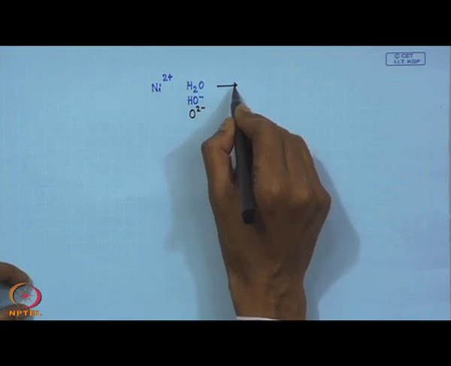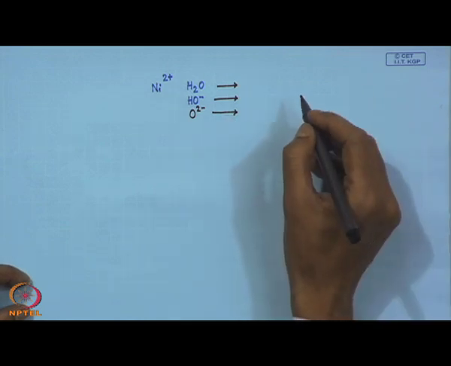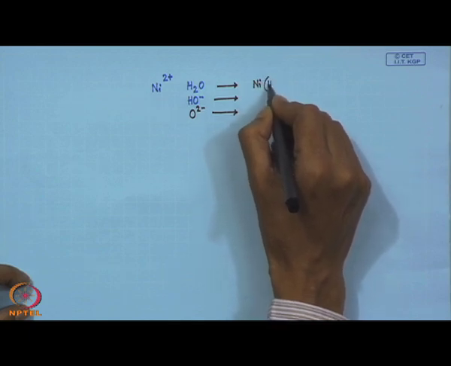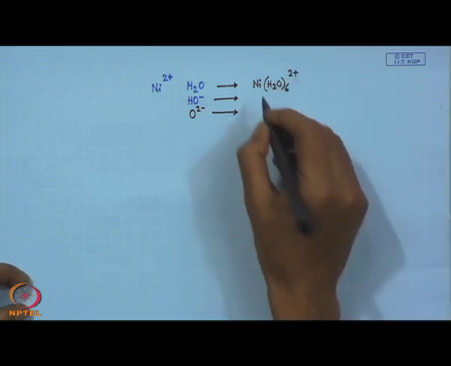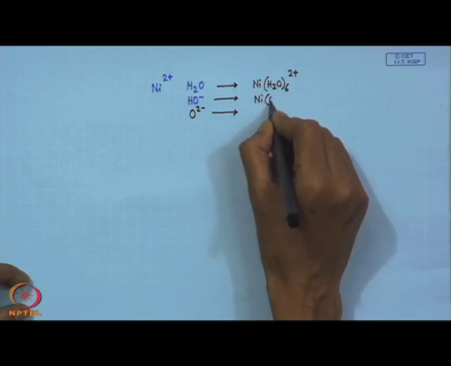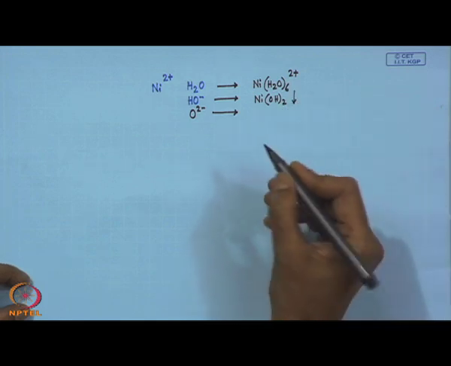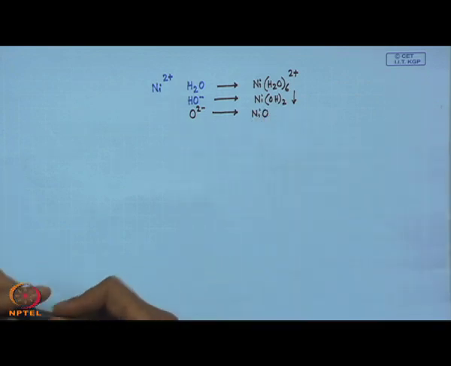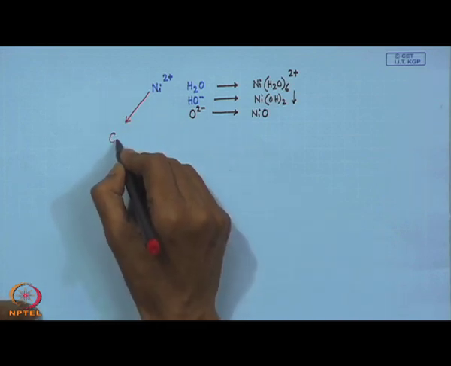So, these three species as ligands can interact with the metal center, giving rise to some complex form, which we all know now, the hexaaqua nickel 2 ion, or simple nickel hydroxide, which we encounter in analytical chemistry and which precipitates out, as well as nickel oxide. So, if we change these environments and compare this nickel 2 ion, say